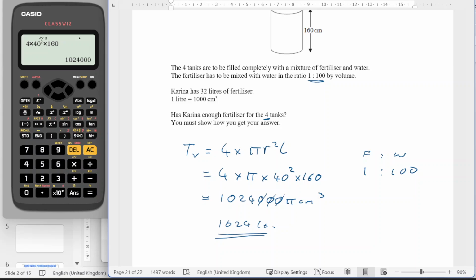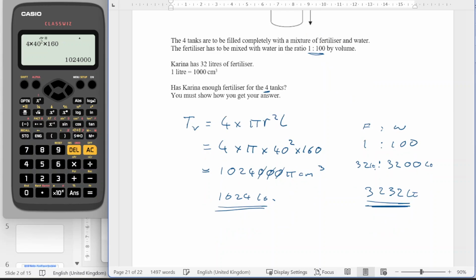She's got 32 liters of fertilizer, so she would have enough for 3200 liters of water. So she needs to have a total of 3232 liters. She's got enough fertilizer for a total volume of that. And the amount that she has